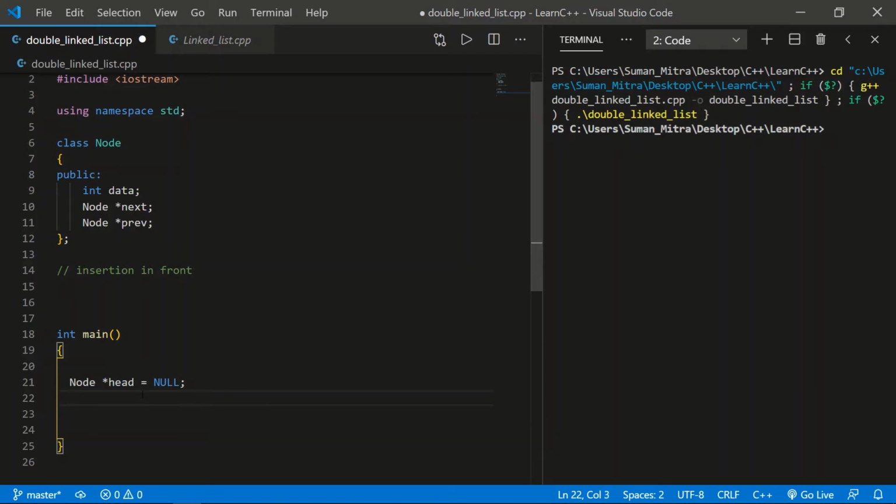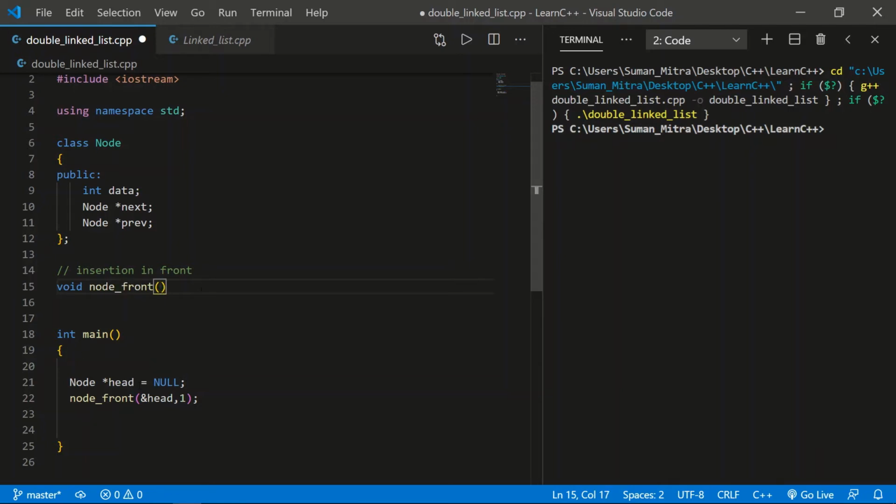Now we'll create a function. Let's write the function node and we'll just write front, and inside this we'll give access to this head. We'll just write node head and we'll pass a number. Now you can see that this function is created. We did not create the function yet, but we'll create a function of this type. So we'll go here and write void, and the name of the function is node front.